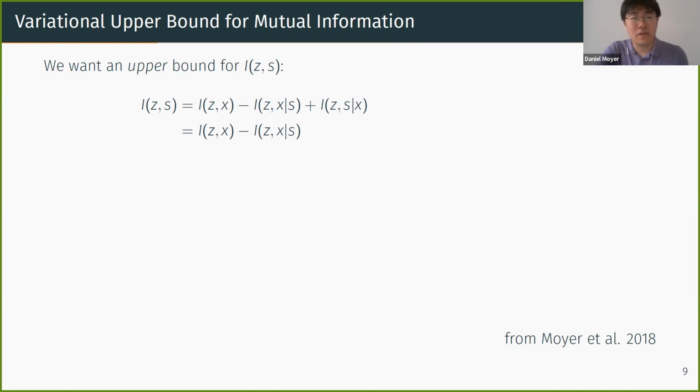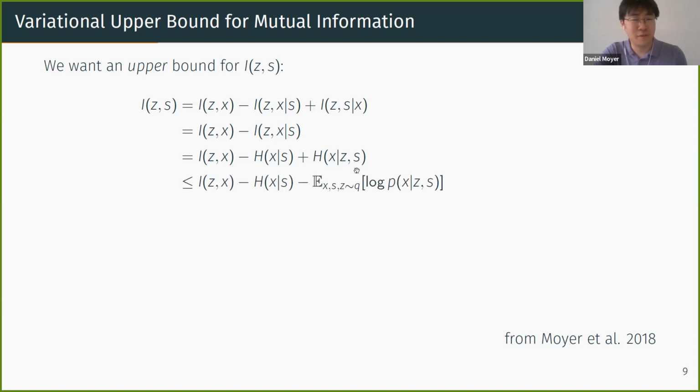And of these two terms, well, we can break it down into this identity for entropy. And one of these is constant. It doesn't include z at all. It's the natural world's entropy of x given s. That's the second term here. And then this third term actually looks very familiar. It's the reconstruction term, right? So it's how well we can predict x given z, also known as conditional reconstruction.